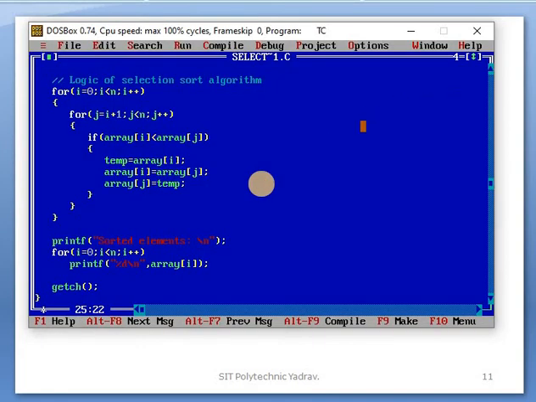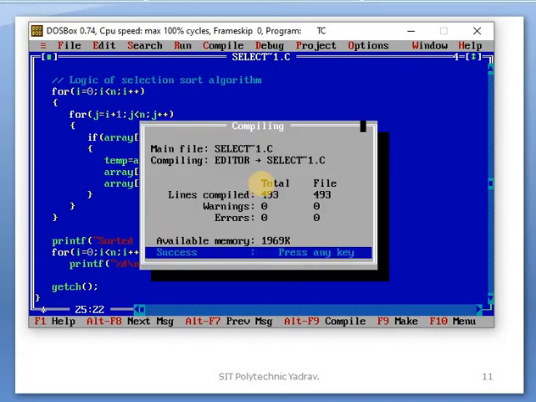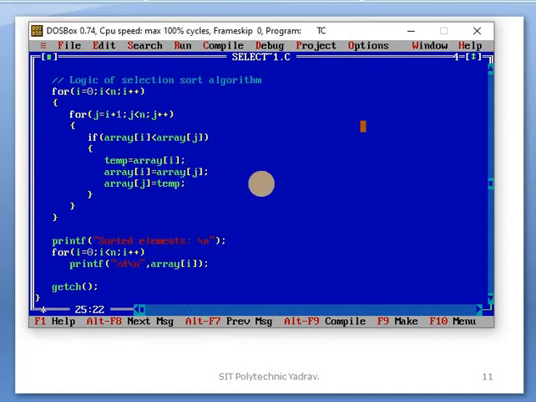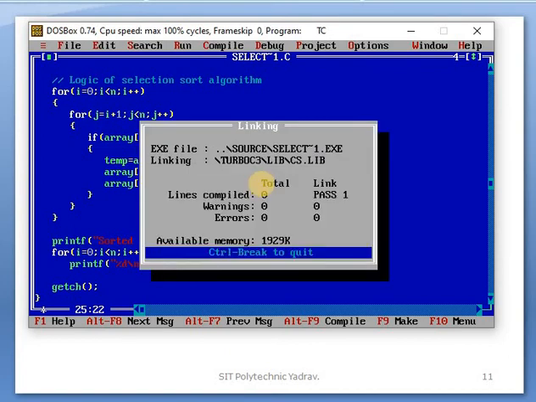When you use a PC, directly press the shortcut key Alt F9. When you use a laptop, press function Alt F9 for compiling, and for running, press Control F9 directly. On a laptop, use function key Control F9.